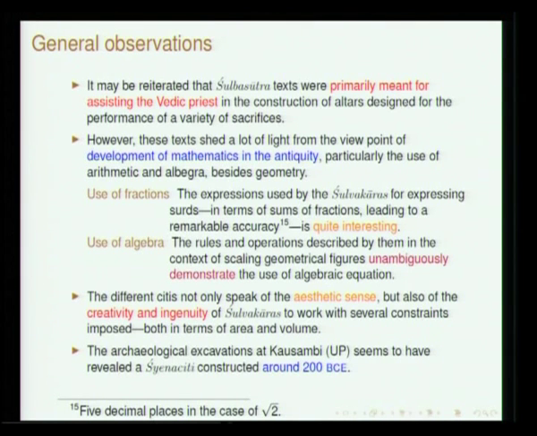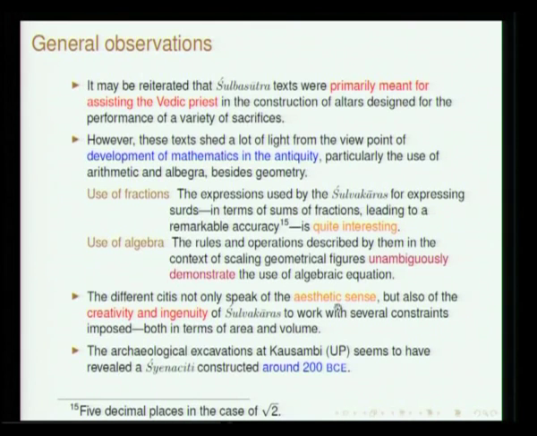In antiquity, at least 2500 years from now, so much before that. And we also see the use of fractions, for instance, in the expression for root 2, 1 by 3 plus 1 by 3 into 4, 1 by 3 into 4 into 34. All of these are very interesting things which are found, and the value of root 2 is of remarkable accuracy. And we also saw the use of algebra which is involved. For instance, suppose you wanted to find the construction in Katyayana Sulva Sutra, it is impossible for us to find out yavat pramana tavat pramana root n without the algebra which is involved, so this prescription cannot be given.